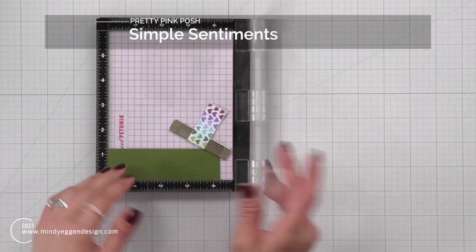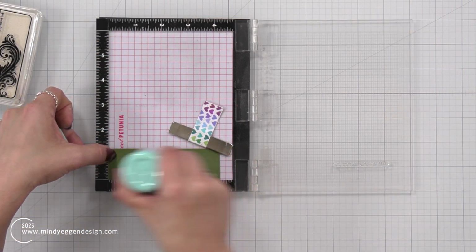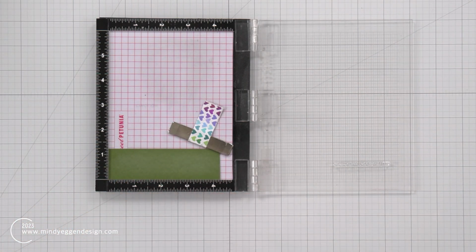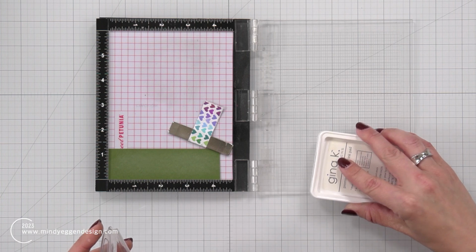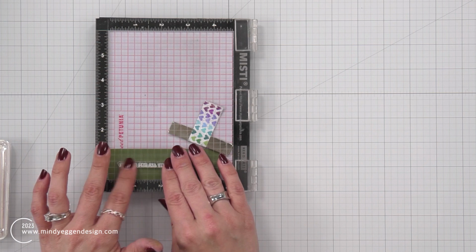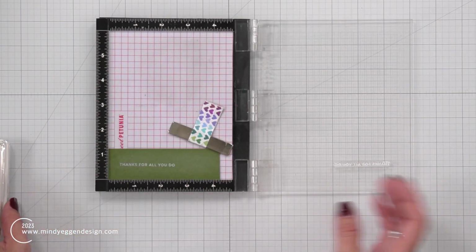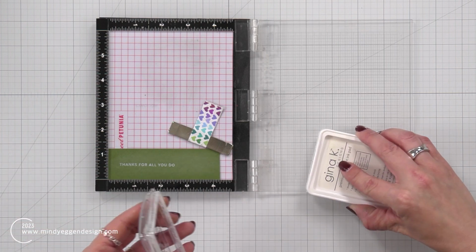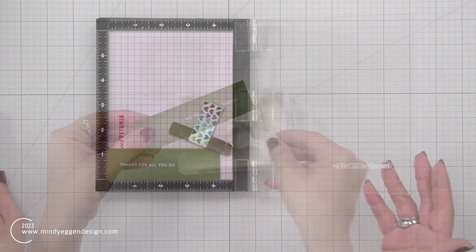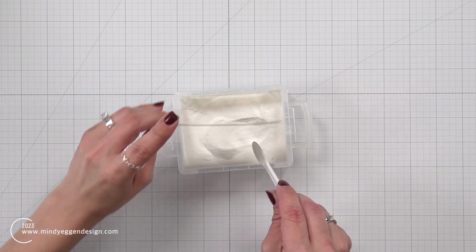For the sentiment, I have this one picked out from the Simple Sentiments stamp set, and I'm going to prep my cardstock with an anti-static powder tool and ink up my sentiment with the white pigment ink, which is one of my favorite ways to do white embossing. I'm just going to gently tap my ink pad onto the sentiment and stamp that down, not pushing real hard. I don't want to distort any of my letters. I'm going to stamp it one more time to make sure I have a good impression, and then I can sprinkle on some white embossing powder, tap off that excess, and I can come in with my heat tool